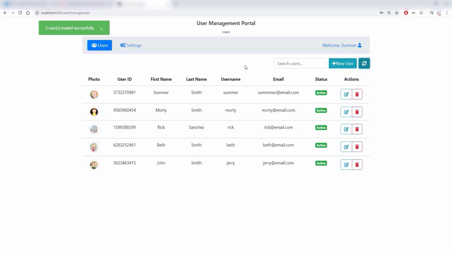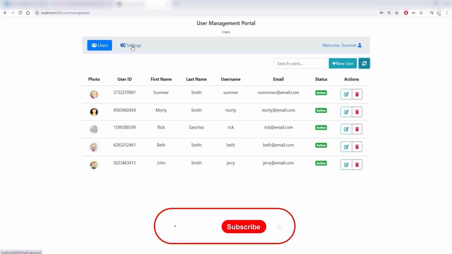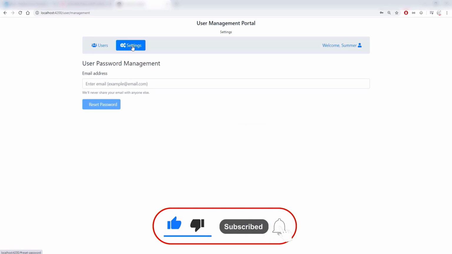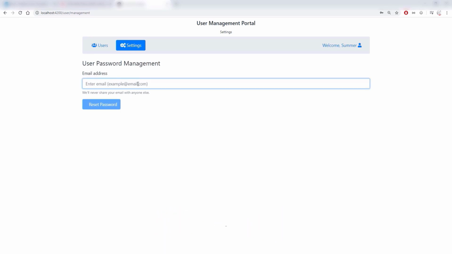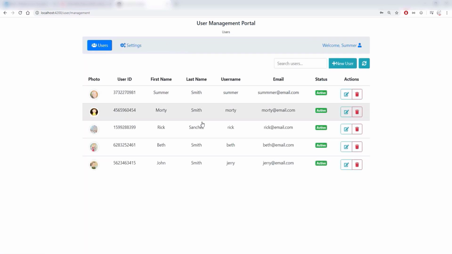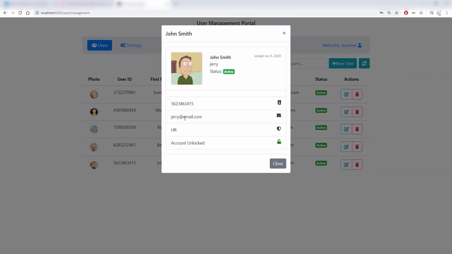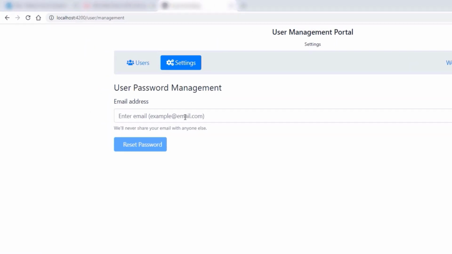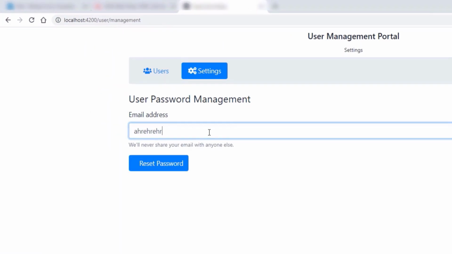And I don't know if you guys noticed, but I have this new settings here now that I didn't have when I was logged in with a user that wasn't an admin. So now I can click here, and as you can see, I can change the user's password by just passing in their email here. And we can check this out real quick. So if I go down here, I select Jerry, and I get Jerry's email, and I go back. If I put some random email that doesn't exist, it's not gonna work. And if I put the real email,